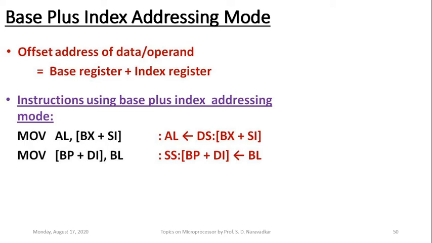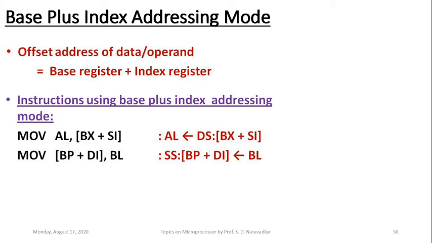Here, the segment to be referred will be based on the corresponding base register. Because whenever there is a combination of base and index registers, the base register has precedence over the index register. So in the second example here, the base pointer is the base register, which refers to the stack segment. So the stack segment has precedence over the extra segment, which otherwise would have been defined by